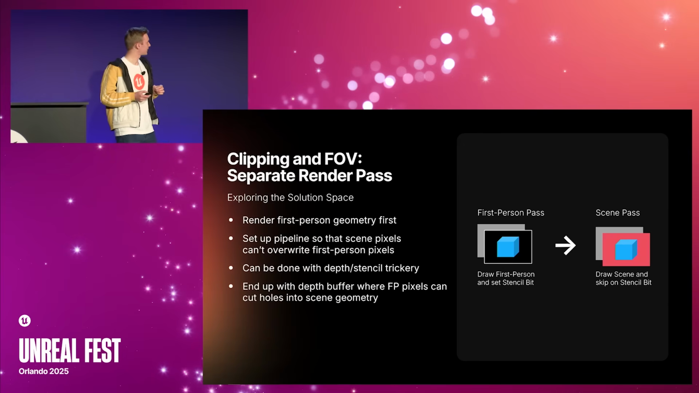What that gives you is a depth buffer where first-person pixels can essentially cut holes into the scene geometry or into the depth buffer. So imagine you're face up against the wall and your rifle is sticking into the wall, further away from the camera than the wall itself. Then since we had this whole stencil thing, the wall pixels are kind of closer than the pixels of the gun. So what that means in practice is